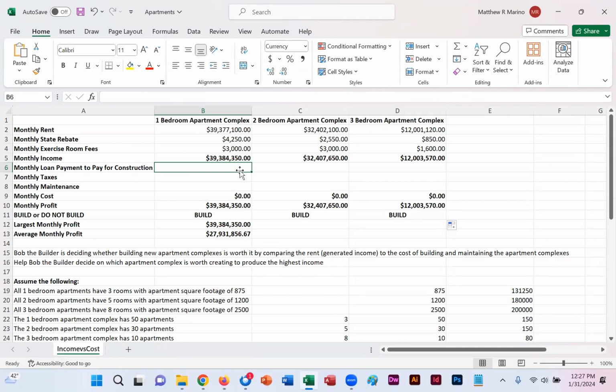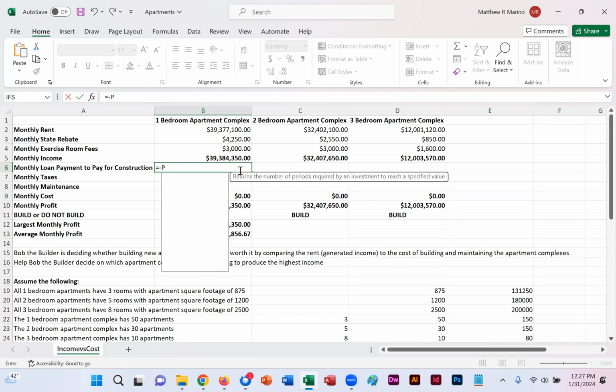So now we need to calculate our monthly loan payment function. So we do equals and then minus, because with our payment function, we're always given a negative number. So we put the negative in front there because a negative times a negative gives us a positive number. So we do minus sign CMP,